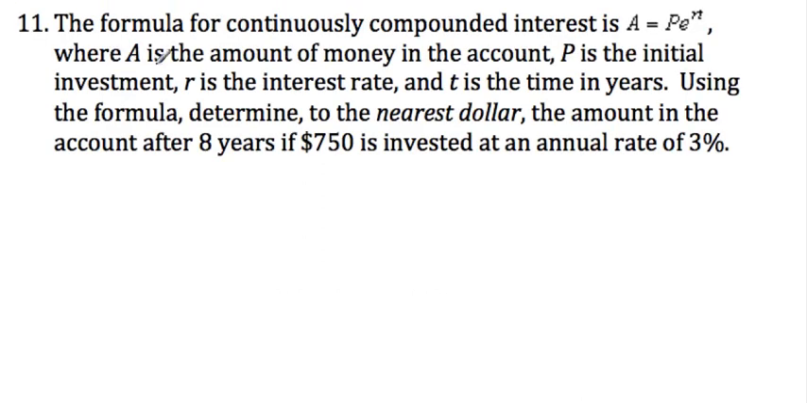Number 11, formula for continuously compounded interest rate. As you can see, the formula is already given to us. A is the amount, the money in the account. P is the initial, sometimes called principal. R is the rate, and T is the time. So for this question, they kindly gave us the formula already. Now, to the nearest dollar, the amount in the account after 8 years, if this much money has been invested